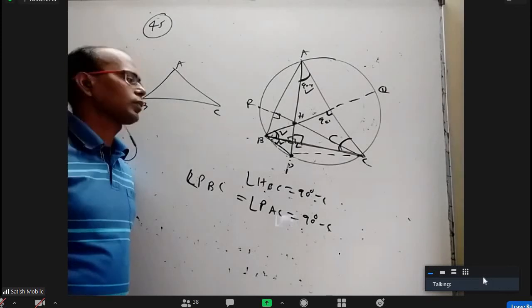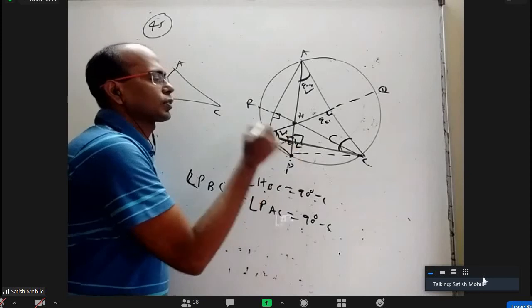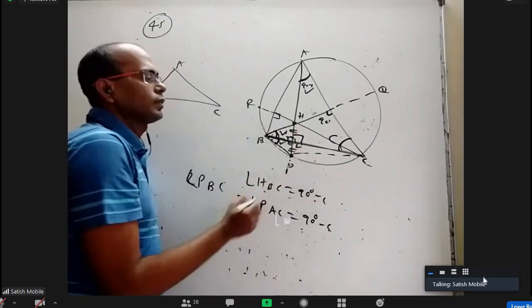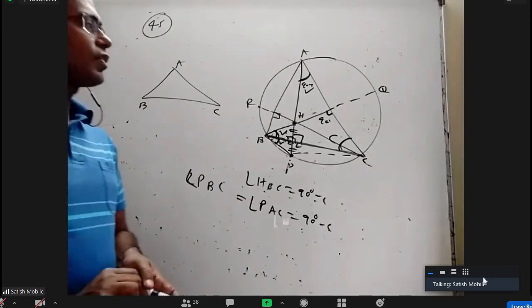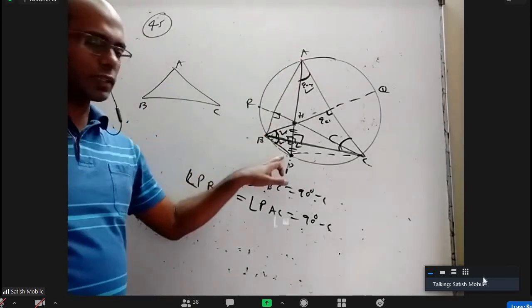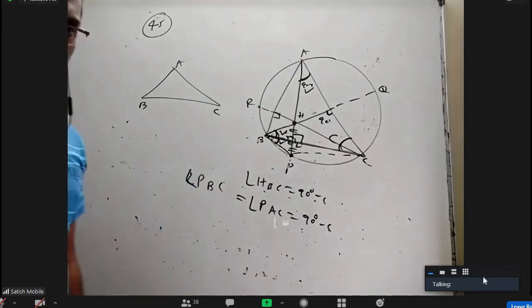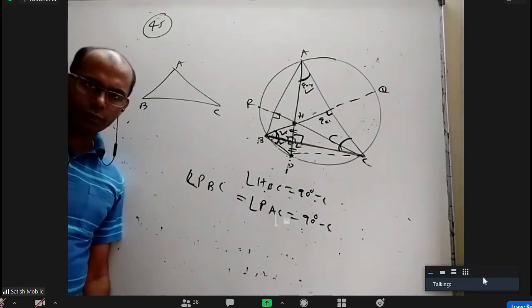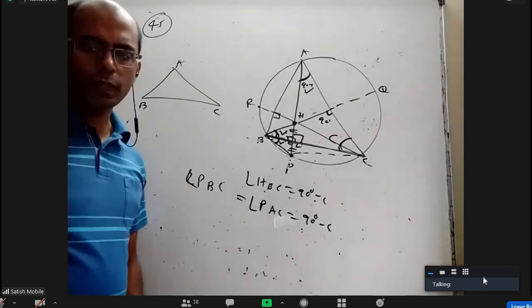Yes, sir. Okay. So now these two angles are equal. This is a common side. This is 90, 90. So these are congruent. Then these two are equal, then they are images of each other. So the image of the point where the altitude meets the circumcircle, with respect to the corresponding side, is the orthocenter. Is everybody clear about that? Yes.